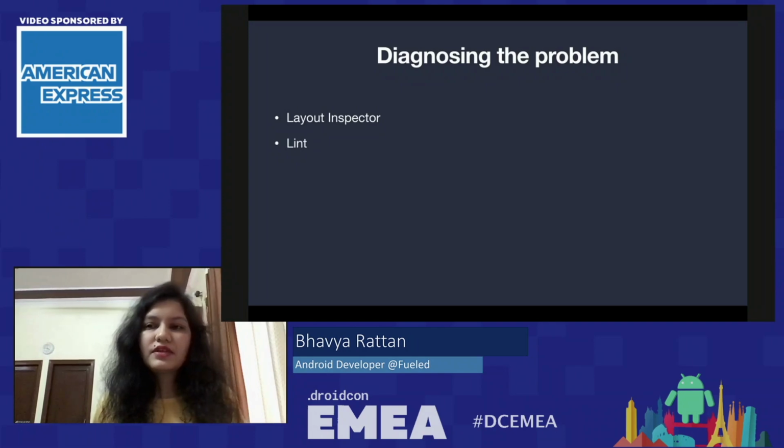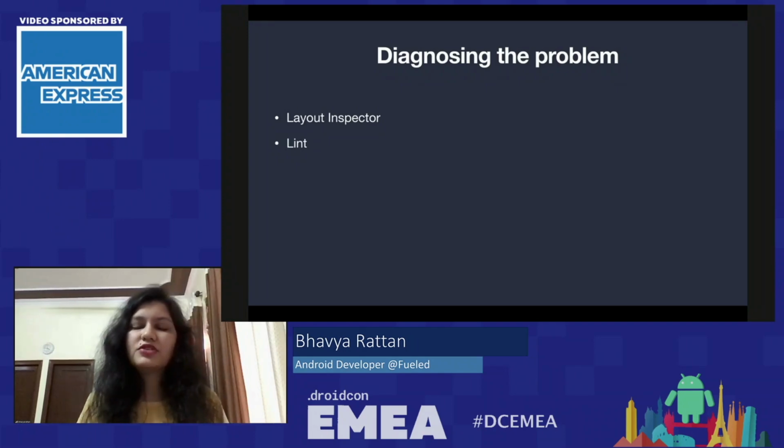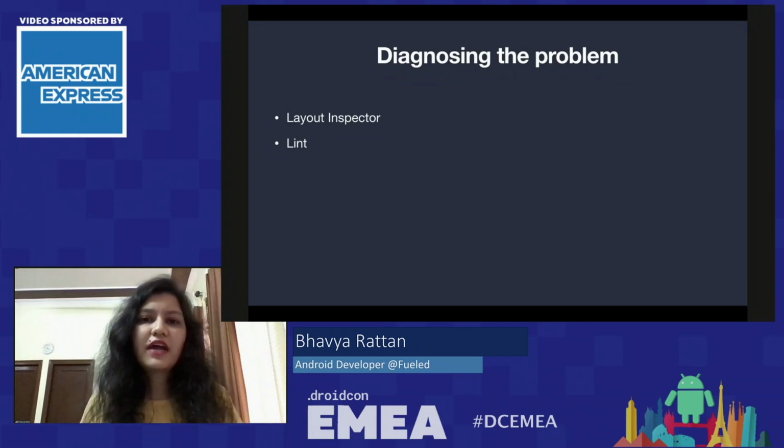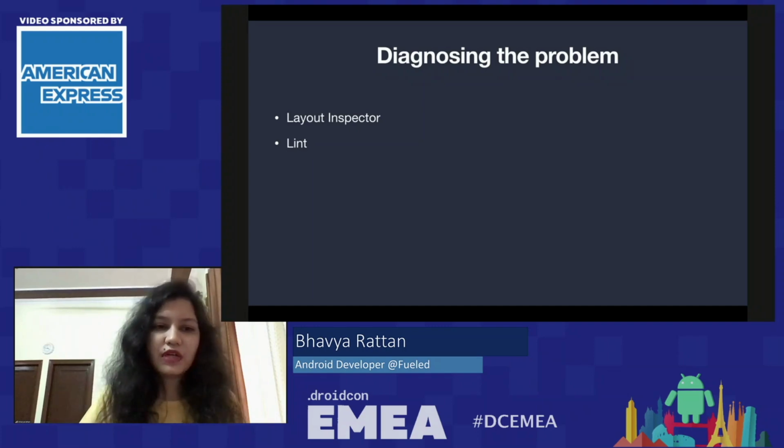Another amazing tool is Lint, which comes with a bunch of useful rules that can help you diagnose layout issues and provide some useful fixes to fix the problem as well.